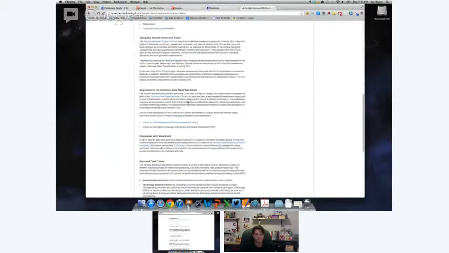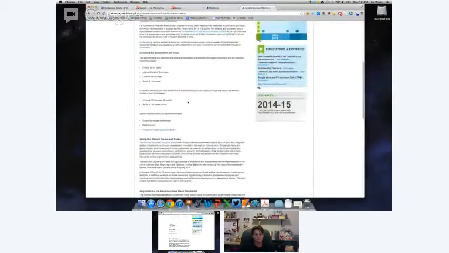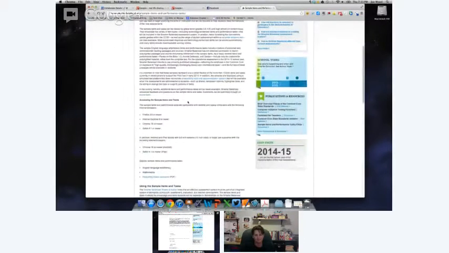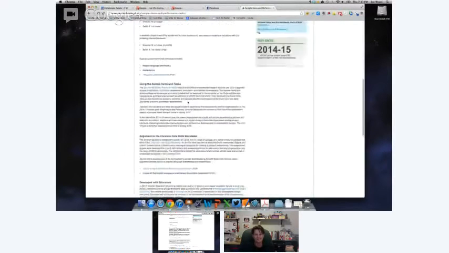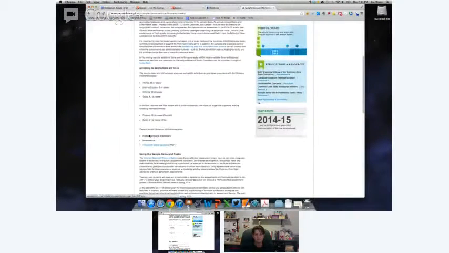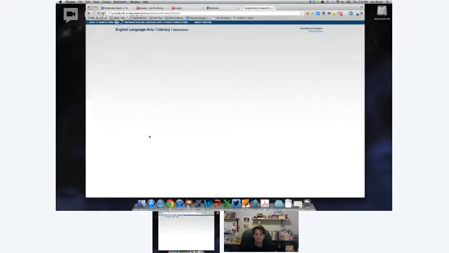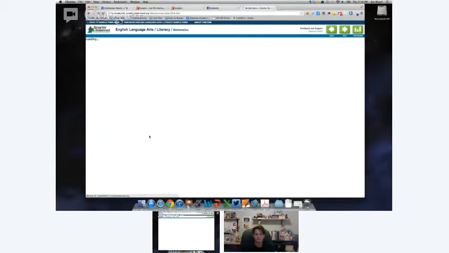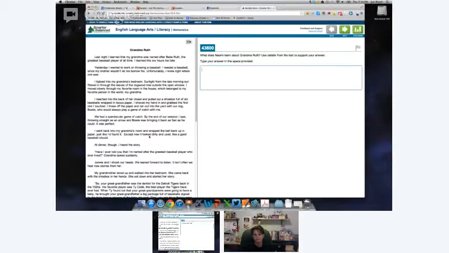But if we scroll down, and I probably have already scrolled too far, where did it go? There used to be a link in the middle, and of course now it's missing. Oh, I just can't see it because I clicked on it before. So it's right here where it says Explore Sample Items and Performance Tasks. So this sentence sort of down in the middle. And you click English Language Arts. And yay, we're there. So what they've actually done here is they've put up some examples. So I'm in the English Language Arts site at the moment. And this particular question, it's a passage that the kid has to read. And then it says, what does Naomi learn about Grandma Ruth?